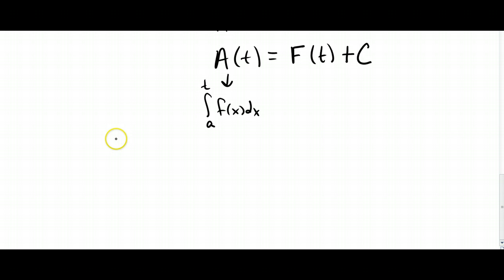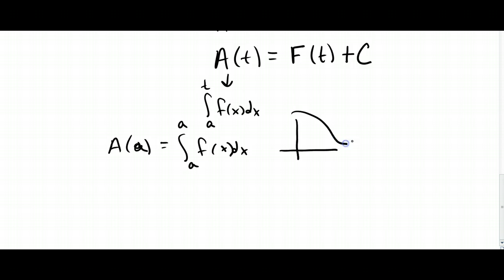I want to find out what is a of a, which means that I'm finding the integral from a to a of f of x dx. Graphically, that's taking that function